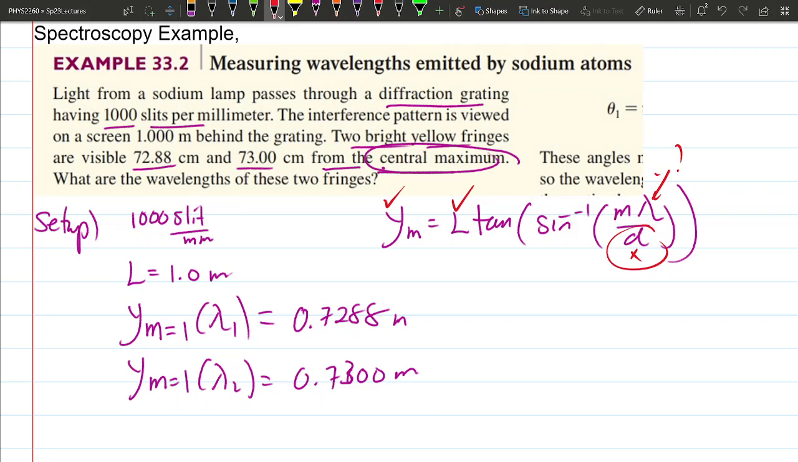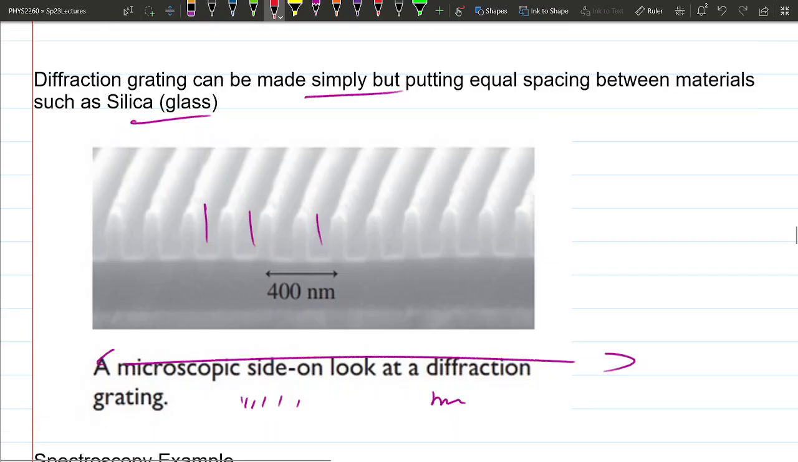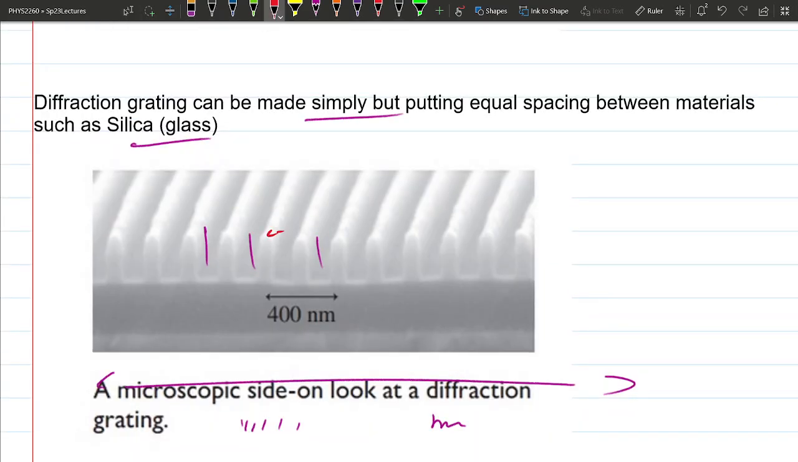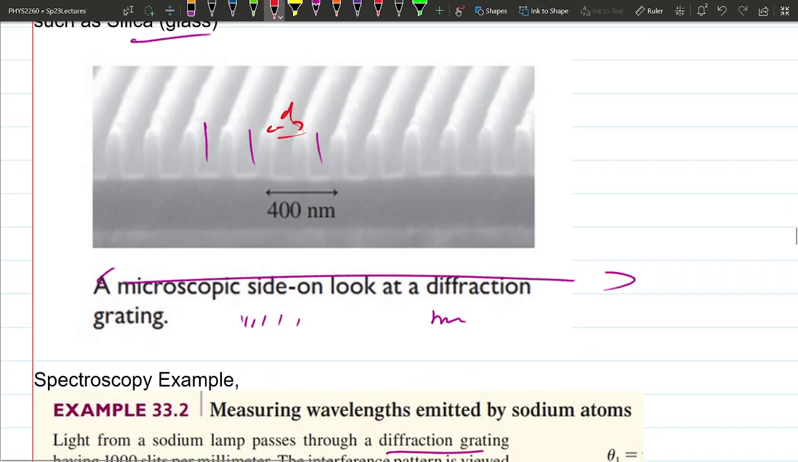So remember D is the distance between the slits, right? So how will we figure that out? It's not the difference between the bright spots, right? Okay, so if we have a diffraction grating like this and want to figure out the distance D between here, how do we figure that out? If we know that there's going to be 1,000 slits per millimeter. Yeah, Alex? The distance would be the 1,000 by